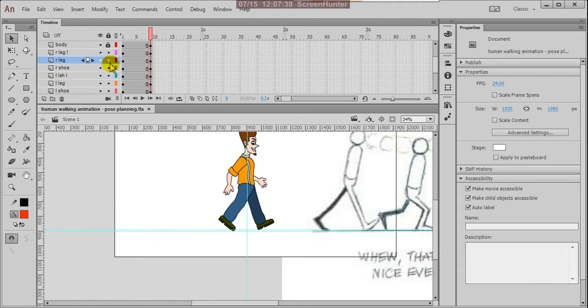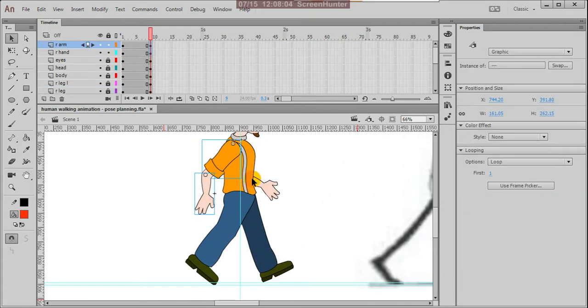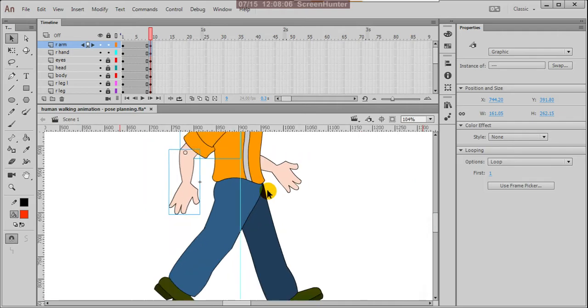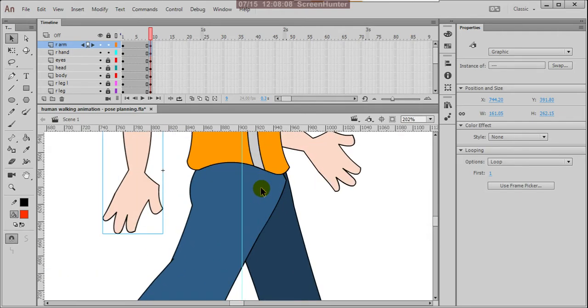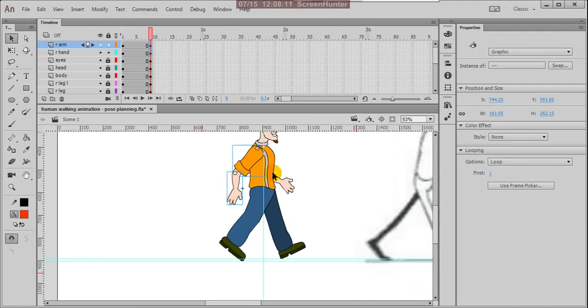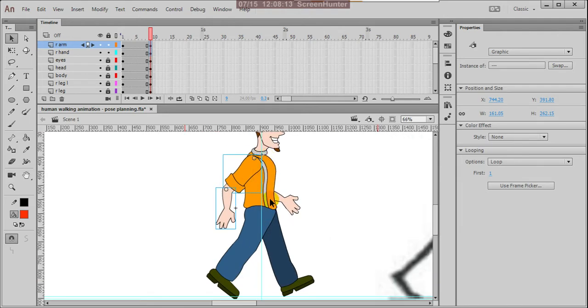Suppose all the leg positions you can lock. Then open the arm, so R hand open. Because your R leg is going back, your R hand must be in front.